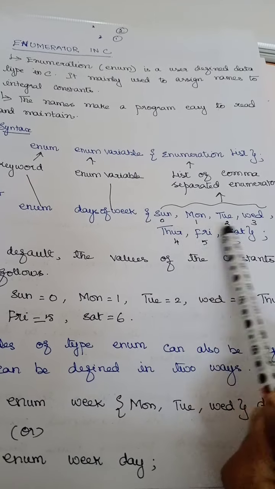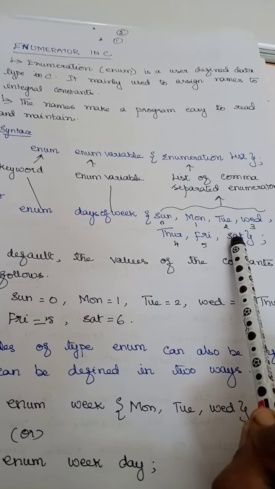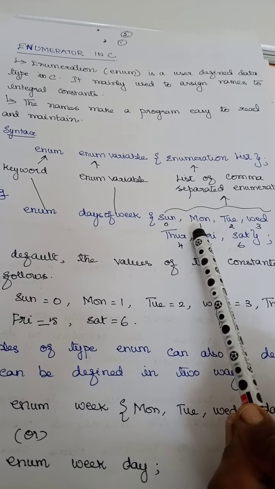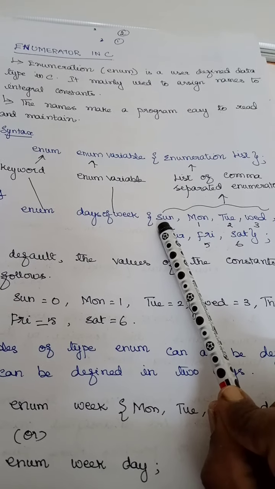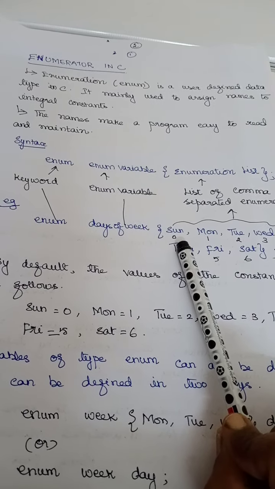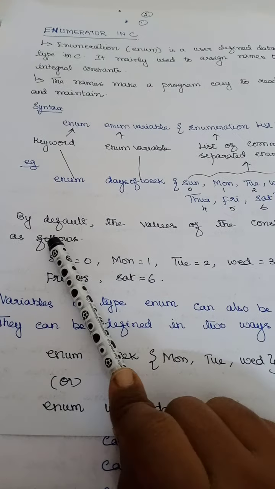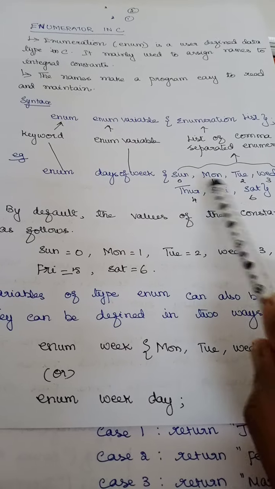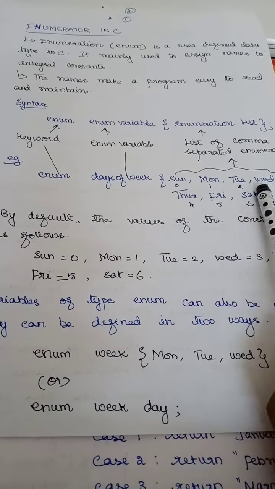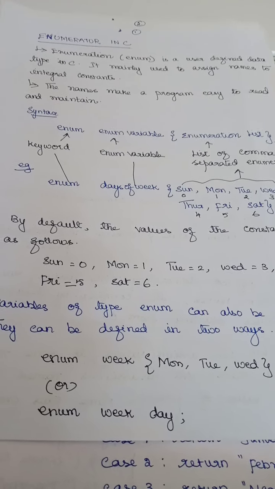When you give it like this, it automatically substitutes the values 0, 1, 2, 3, 4, 5, 6. So whenever you want the value for Sunday, you need not remember what value I have written. In the program you can just write Sunday or Sun, and it automatically assigns the value 0. For that only we are using this enumeration. Even here I have not given values; for your understanding, I have written 0, 1, 2, 3, 4, 5, 6. If you are not giving any values, the compiler will automatically assign values starting from 0.